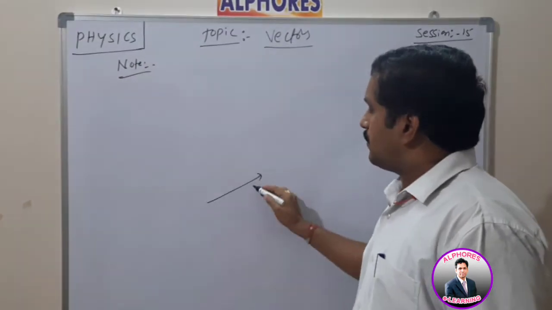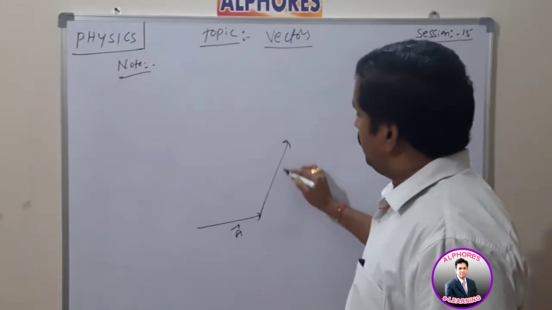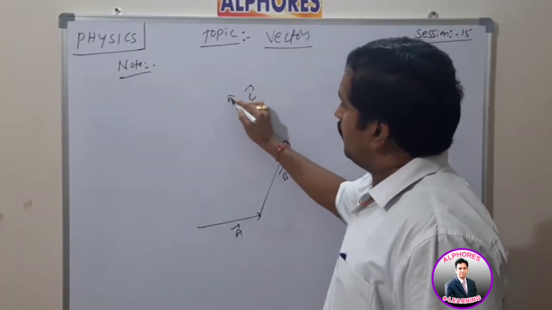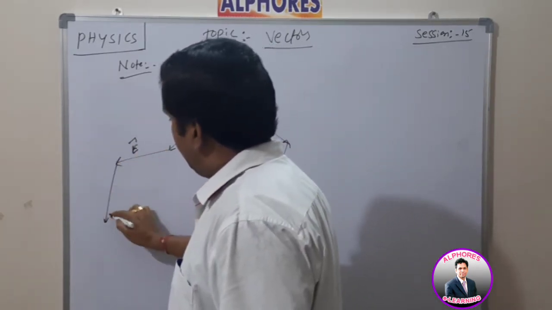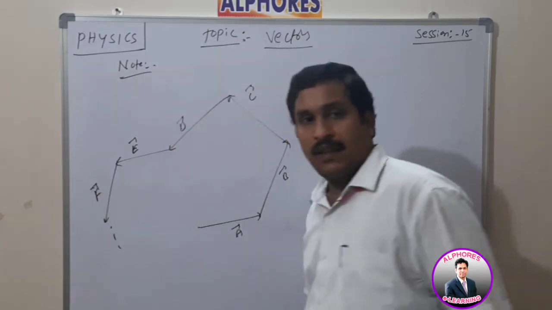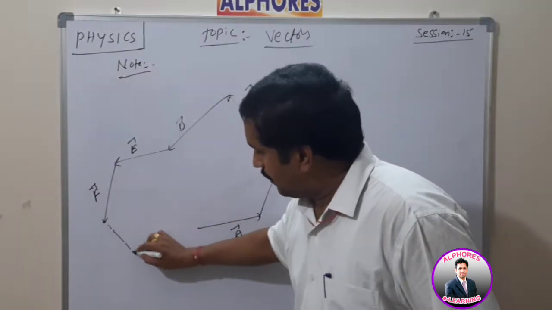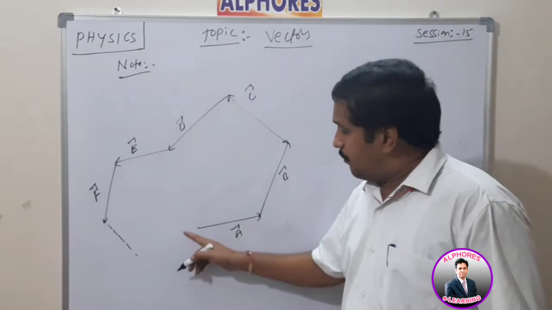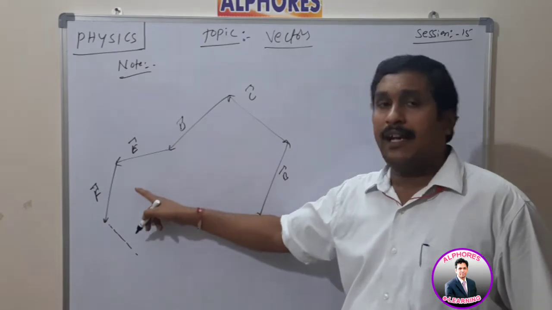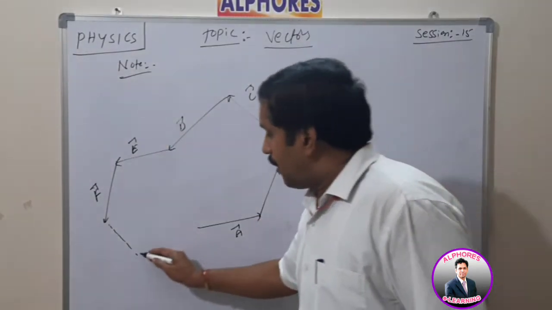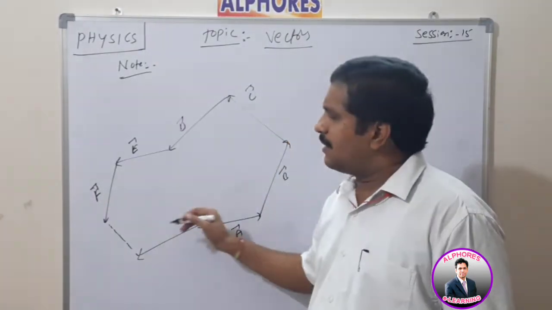Suppose I am taking a number of vectors, like n vectors. This is A bar, this is B bar, this is C bar, this is D bar, and this is E bar, and this is F bar, and so on. These are vectors which are taken in the same sense. Now, listen carefully. If I take n vectors in the same sense, which sense is it? These are all vectors oriented in the anti-clockwise sense. Then the resultant of all vectors is in the reverse order, meaning clockwise sense. So this is about the polygon law.